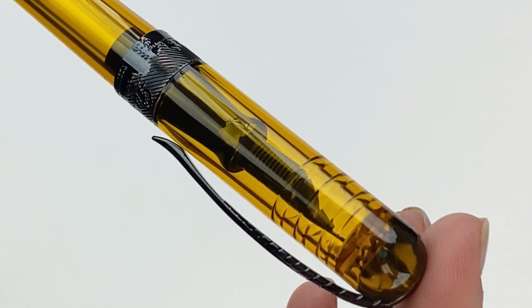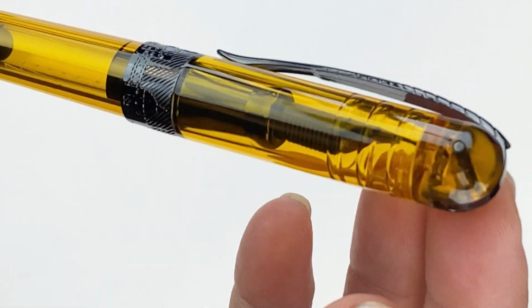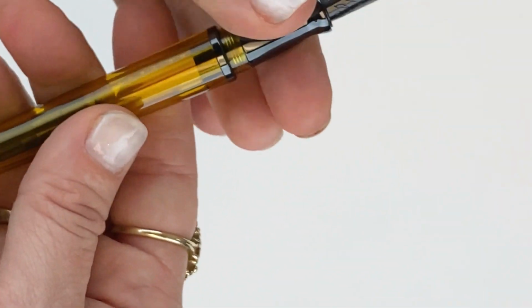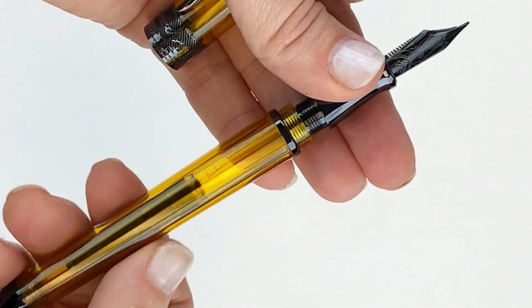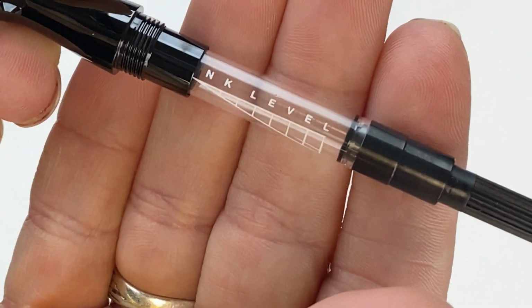All right, let's just get a good look at some of this detail here. I do like how this is a true demonstrator where you can actually see straight through and to all the inner components. And the demonstrator material paired with that black trim along with all those details, really, it's an impressive combination. Okay, this is a cartridge converter pen, and the converter does have the ink level printed on the